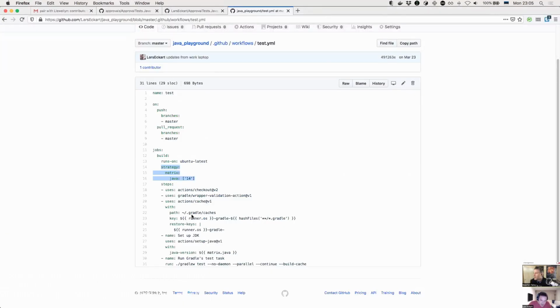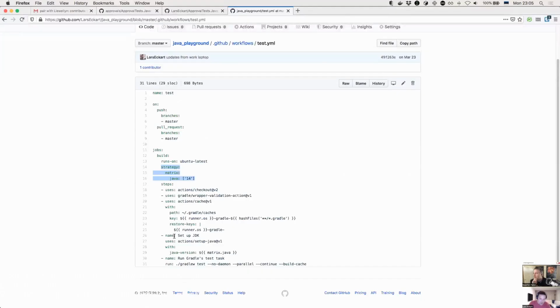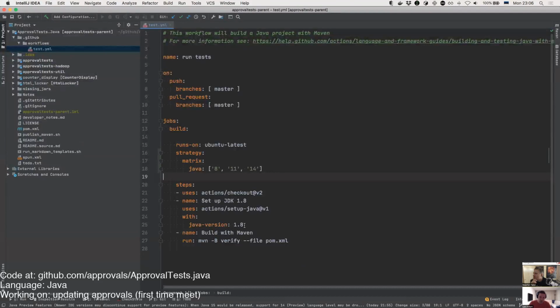Can you go back to the thing we have here? Because here we have steps with Java version 1.8. So I feel like here we have to use this one. And we can even copy that as well.